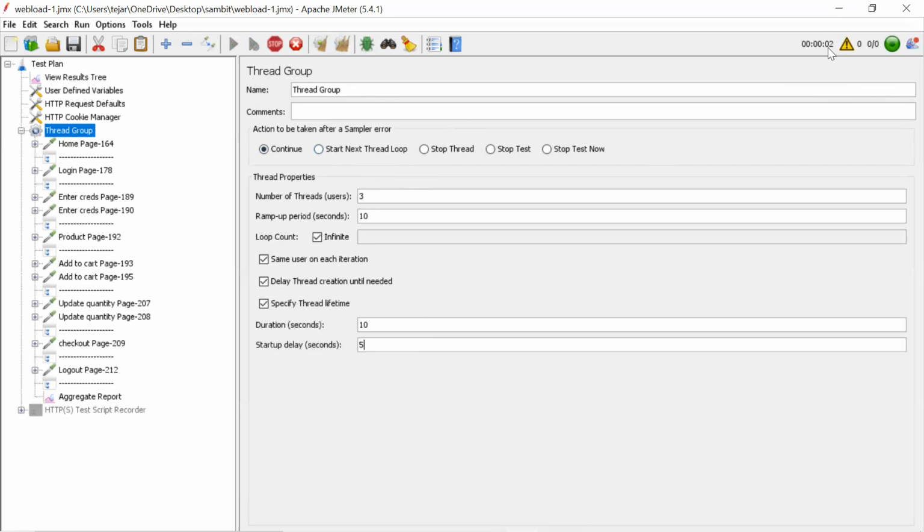It will wait for 5 seconds, then it will start the application, then it will run for 10 more seconds. Got it? So after 15 seconds, it will stop the test. This is helpful when you want to start in 1 hour: you set 1 hour, click on the run button and leave, and it automatically starts at that particular time.